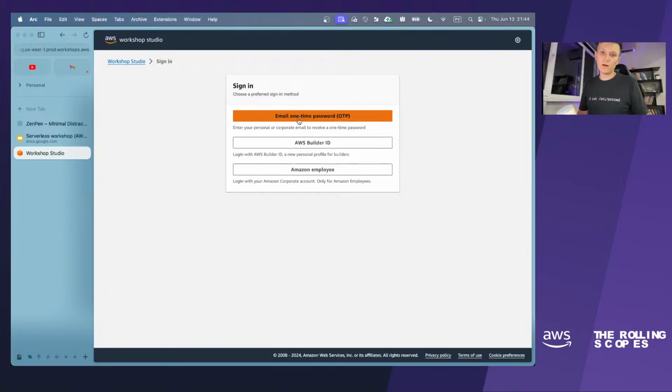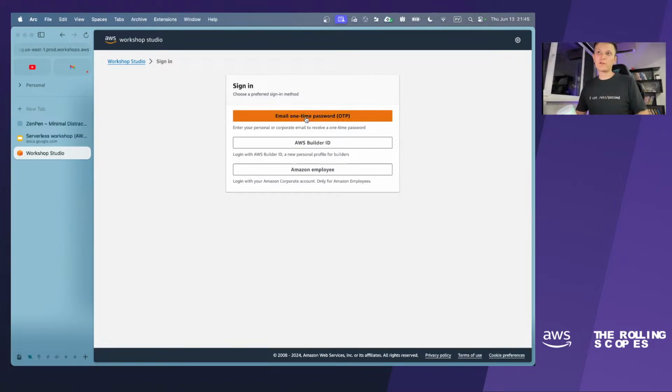But anyway, I encourage you to go with us and use your own account, because this workshop is very cheap. Actually, if you still have free tier, you will be able to go through the workshop using a free tier account.